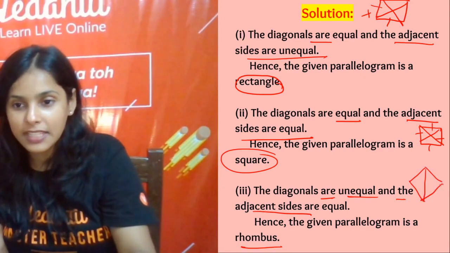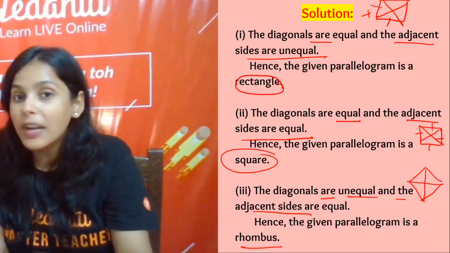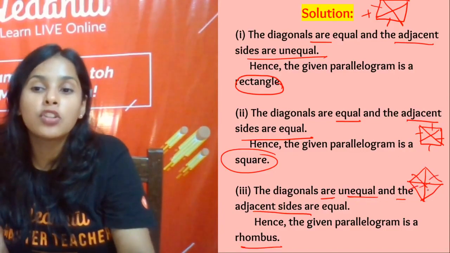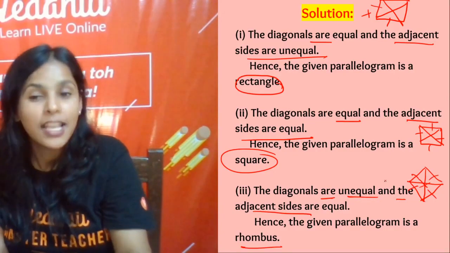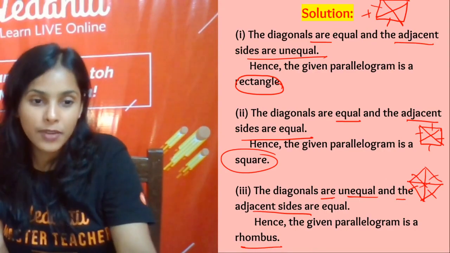We have rhombus where diagonals bisect each other but they are not equal, but adjacent sides are equal because all the sides are equal here. Yes, so that is the basic difference between square and rhombus. Now next part,